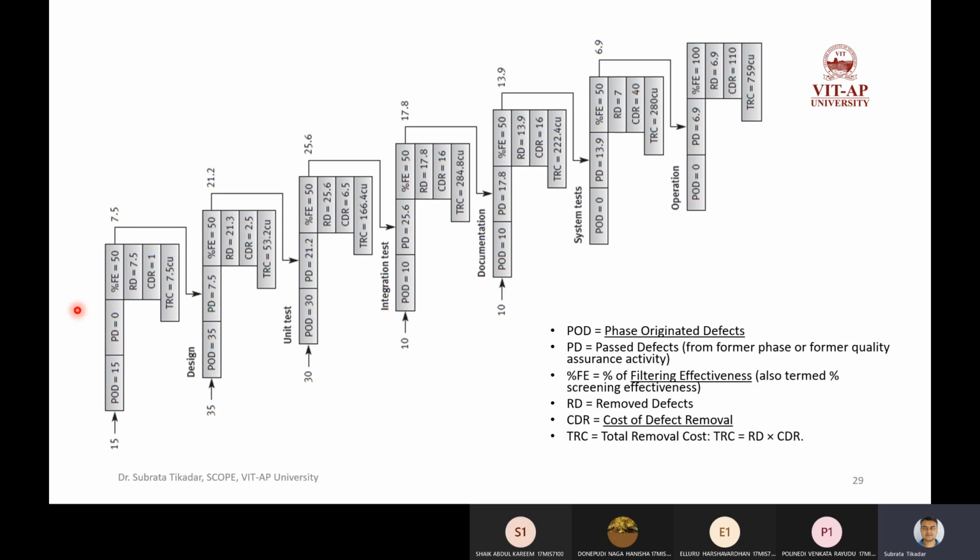So among this 15, only 7.5 will be removed, and 7.5 defects will be passed to the next phase. The relative cost of this defect removal is one cost unit. So the total cost is